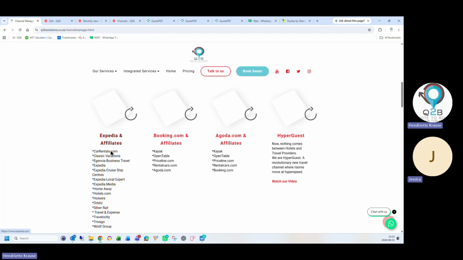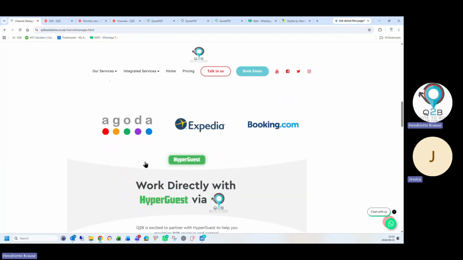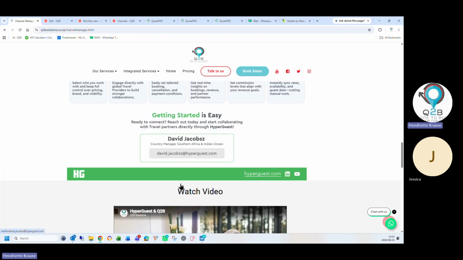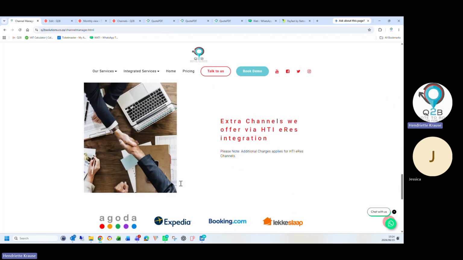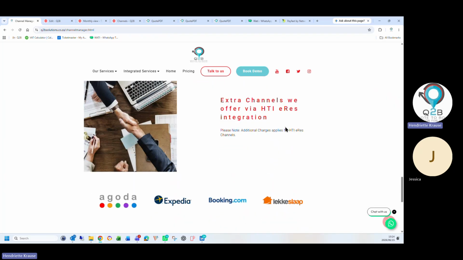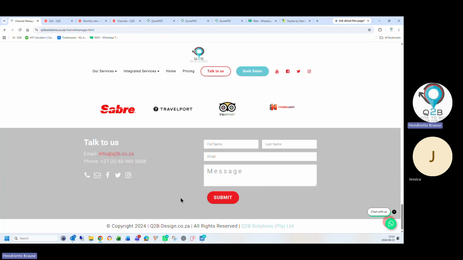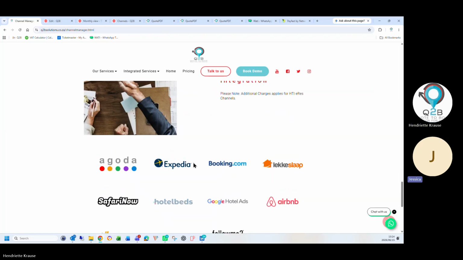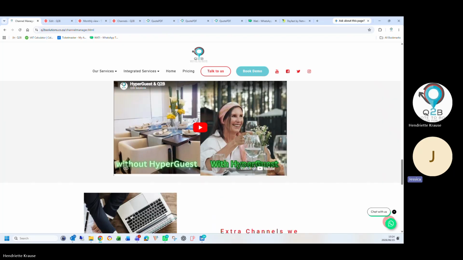Okay. So there's Expedia and all the channels they integrated with, booking.com, Agoda, Hyperguest. Then we also integrated with Profit Room. And then via HTI, you can get any of the other ones. So our focus was more on Hyperguest.